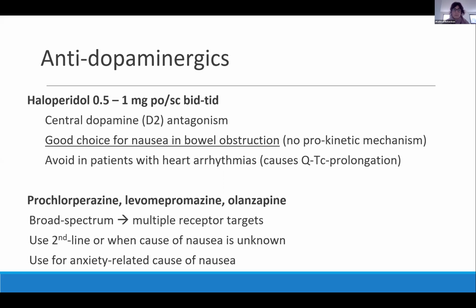And usually, when you get to about 10 milligrams in 24 hours of haloperidol, you don't really get much additional antiemetic effect. So you can titrate up. You may go from 1 milligram 2 or 3 times a day to 2 milligrams 2 or 3 times a day. But usually by that dose, if you're going to have a response, you will have it at that point. And it's very effective. And it's one of our favorite antiemetics, I would say, in palliative care, because it's a bit broader spectrum in terms of its